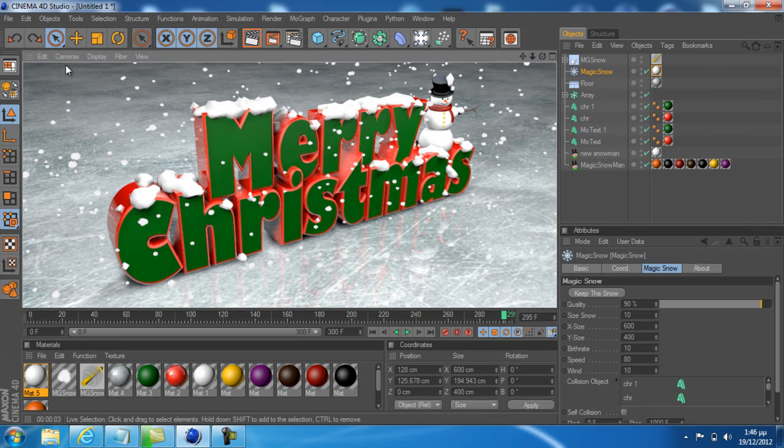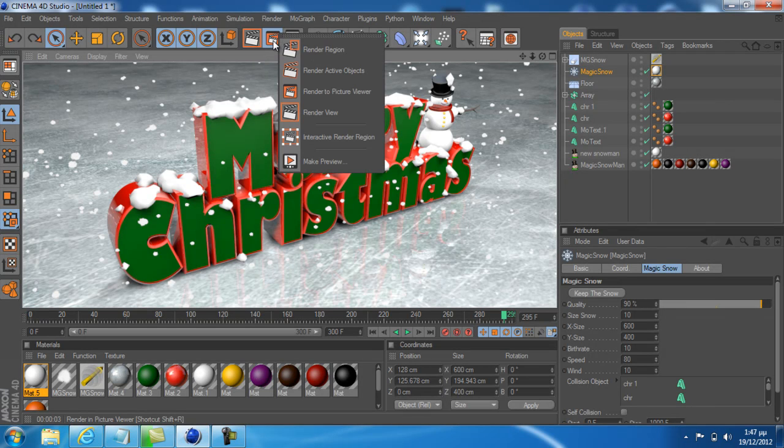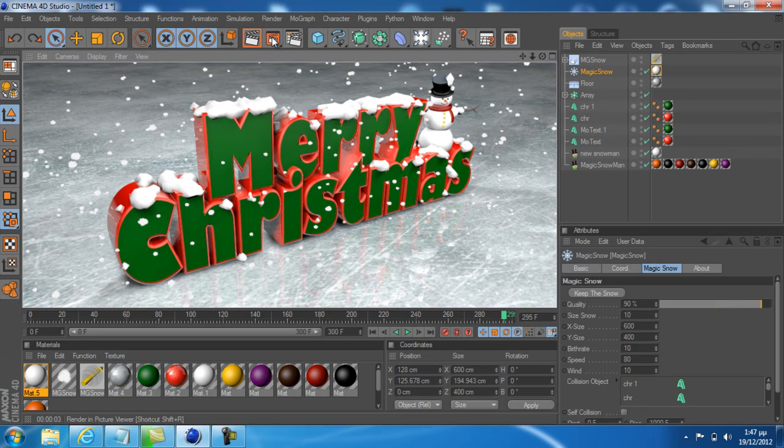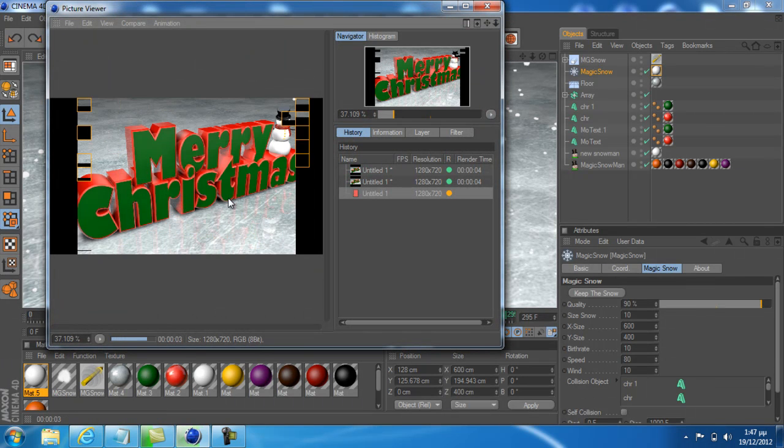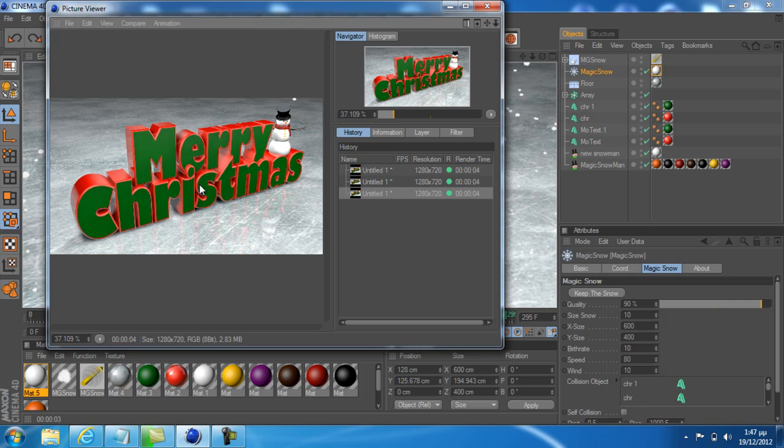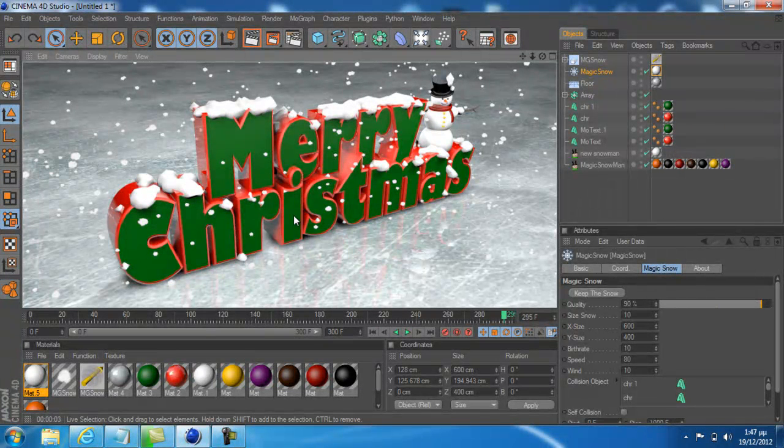People said to Nitroman that this thing is happening, and he said that he will try to fix it. If you didn't understand what I mean, you can actually see the snow on the preview, but you can't see the snow when you make your pixel viewer, on the final render. So you see there is no snow, nothing. So the thing that I did, so that I will find a way out of it, and that's just for still images,